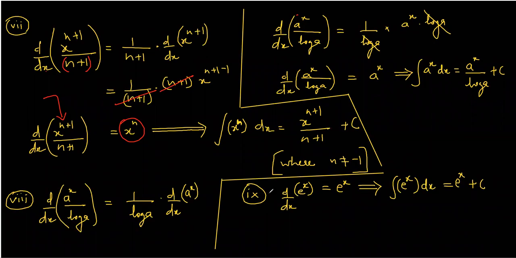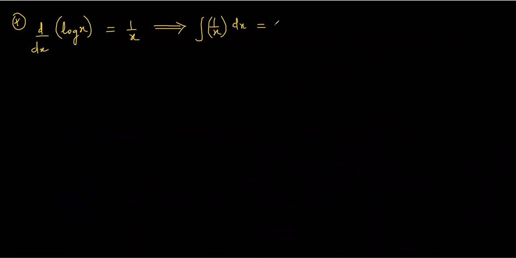So students, in the previous page, I taught you up to integration of e raised to x. Then I go ahead. The 10th one I take is d by dx of log of x. What is this equal to? It is equal to 1 upon x. So if I apply the definition of integration here, I will get integration of 1 upon x dx equals log of x